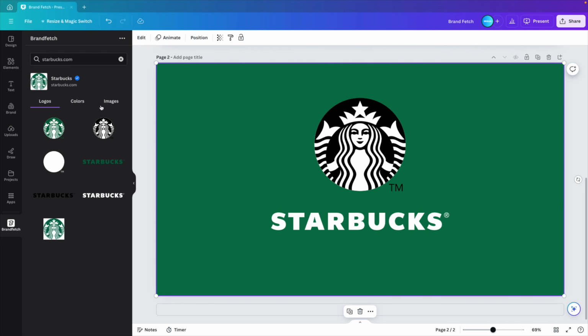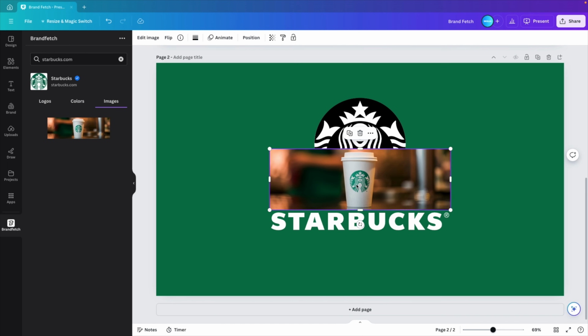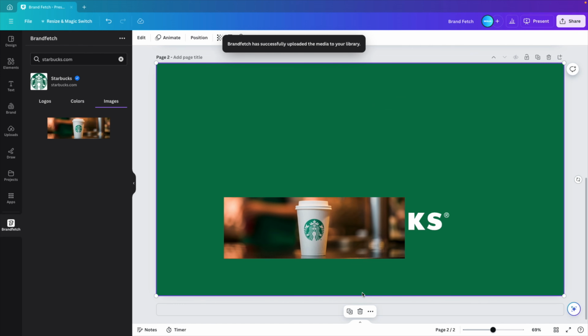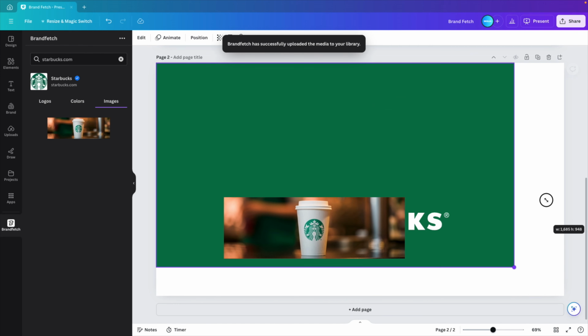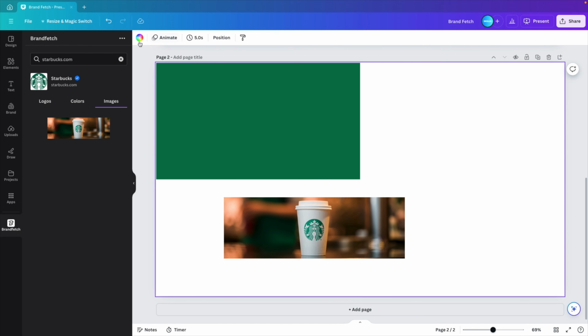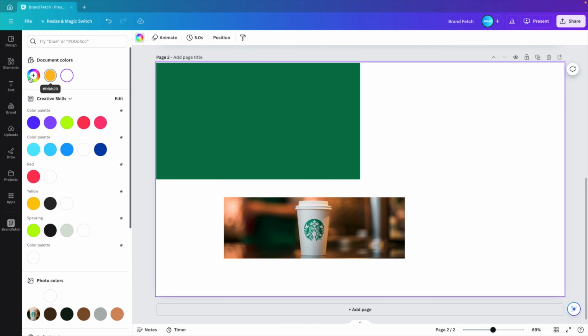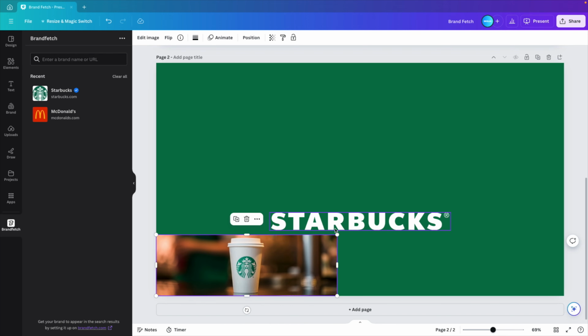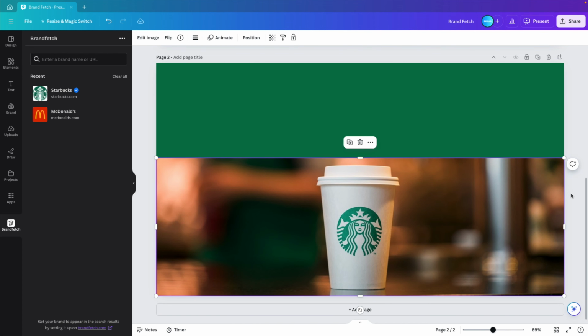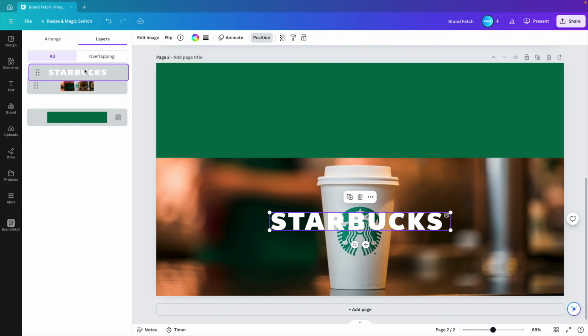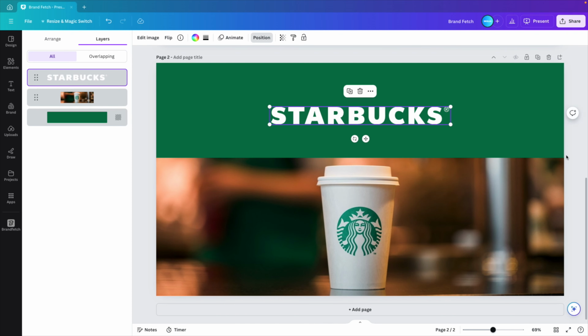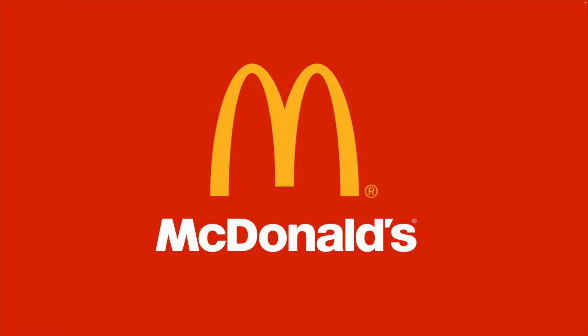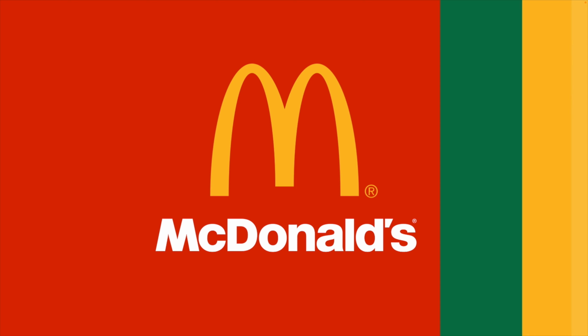And in some cases, you also have this images tab where you can add images from the website. So let's, in this case, reduce the color. Let's maybe just use a color from the picture. So color picker, that's easier to work with. And then the image, we can increase it in size. Now let's grab that Starbucks logo from the back. Let's put it up front, drag it to the top. And this way you can instantly create like a professional looking slide with all the elements that you want from